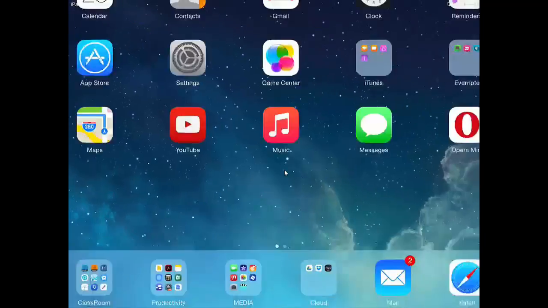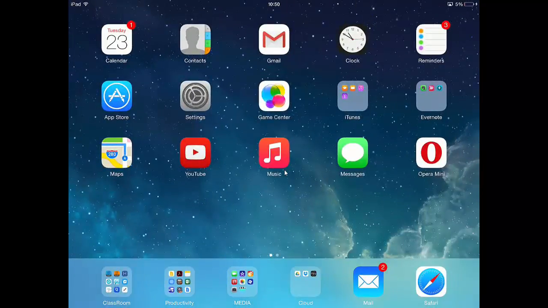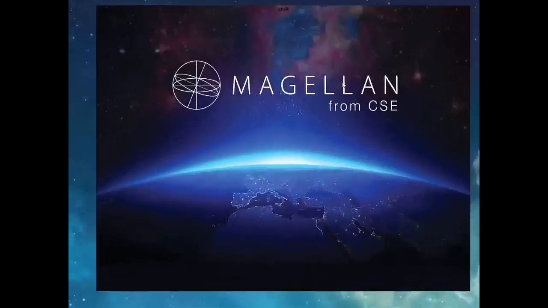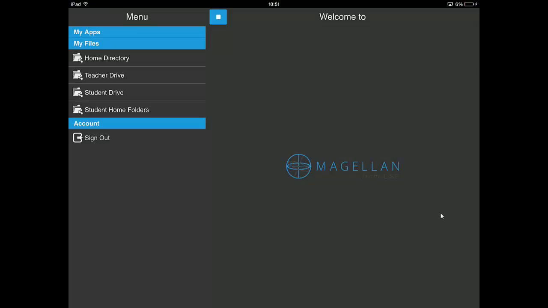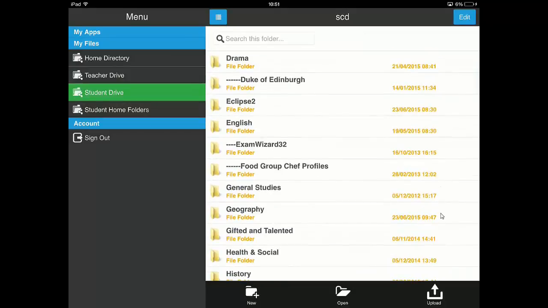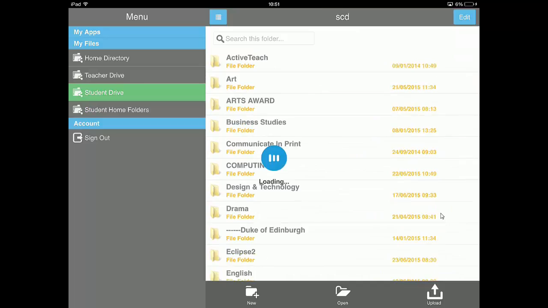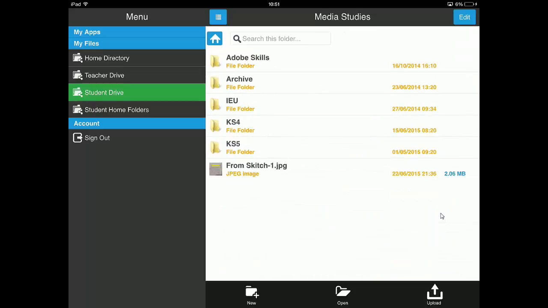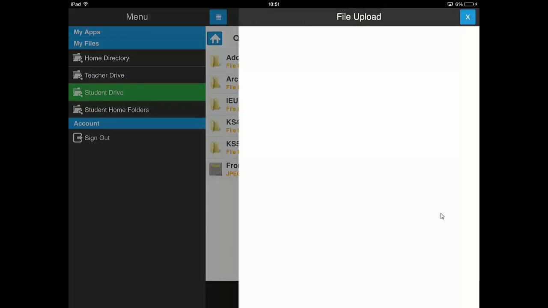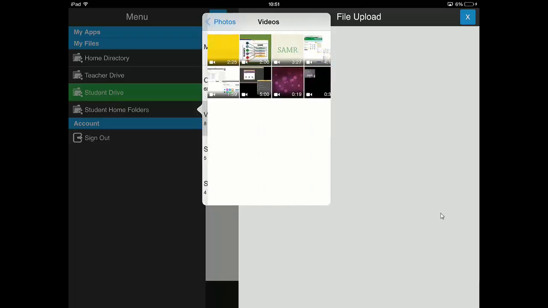This is where the new Magellan app or the VLE will come into their own. So if I go to the Magellan app that hopefully you've already had a look at, and in Magellan I can then choose the area I want to make that file accessible, so I might put that on the student drive. I can then navigate to the relevant folder, so I'm just going to pop down to my department folder, Media Studies. And when we click on Upload and click on Choose Existing from our iPad, we can go to Videos,